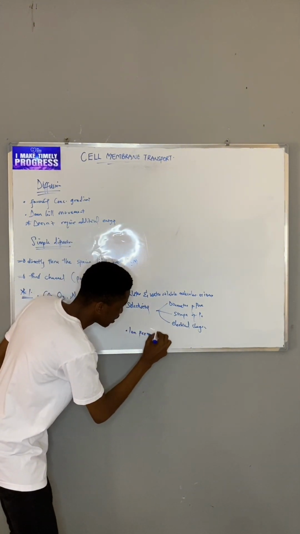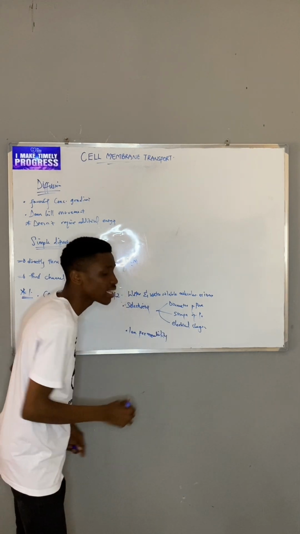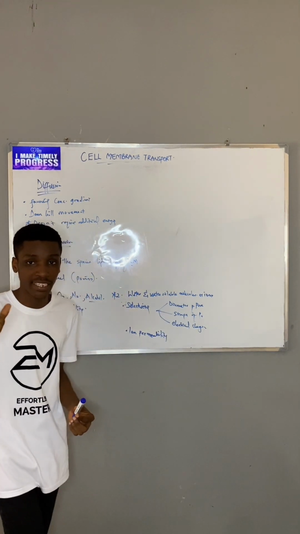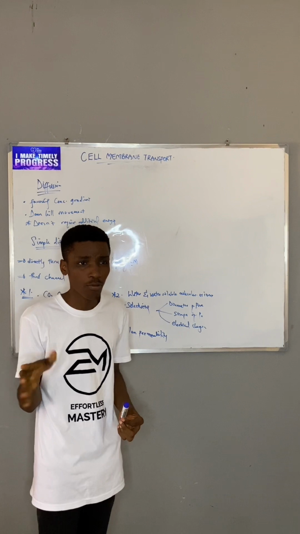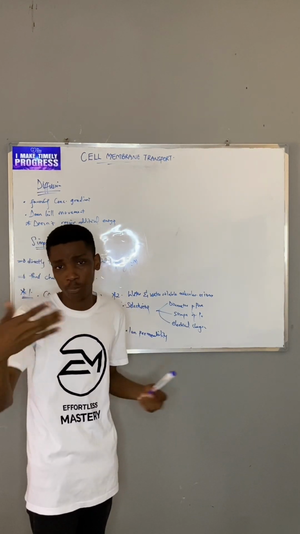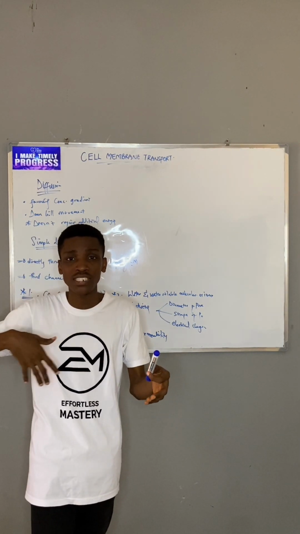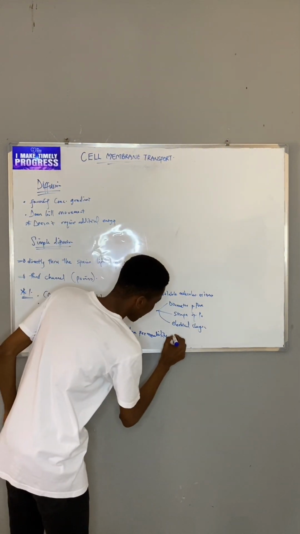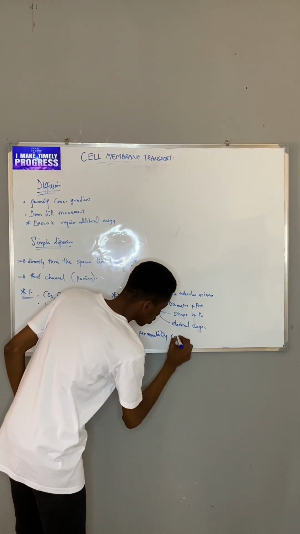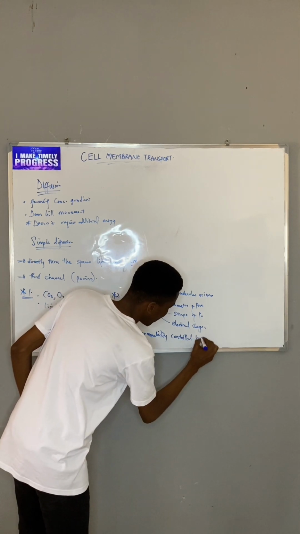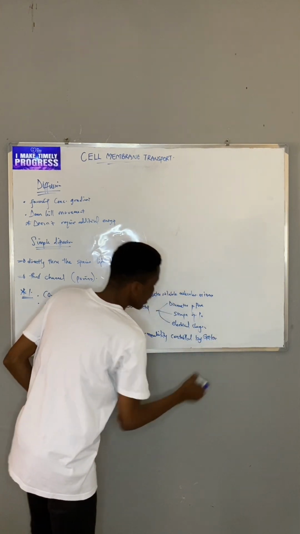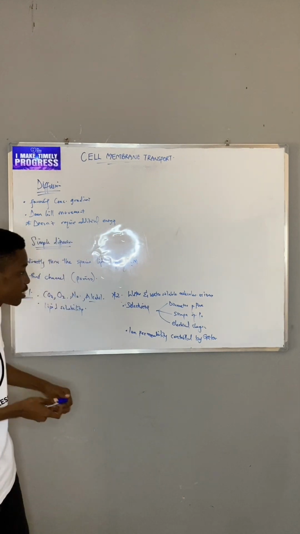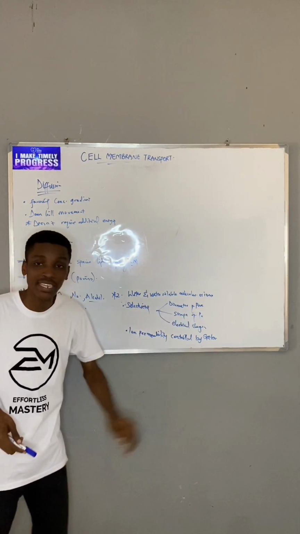Another important way that ion permeability is regulated or controlled is by way of what we call gates. Now think of what is a gate. Something that limits you from entering a particular house. A compound that is fenced has gates. It limits you from entering that place. So ion permeability can also be controlled by gates. Hence the kind of channels that can be controlled by gates, we call